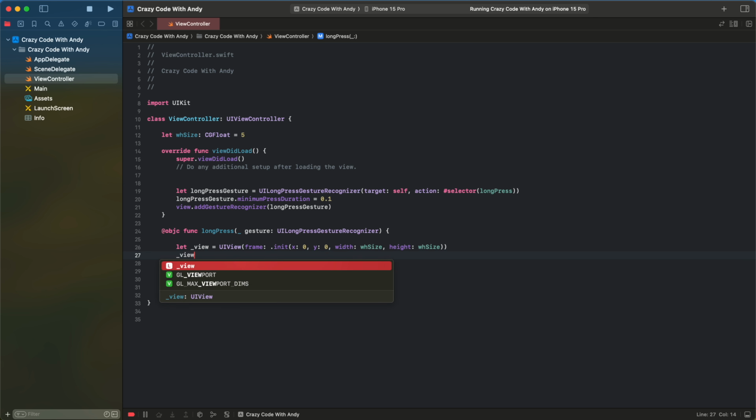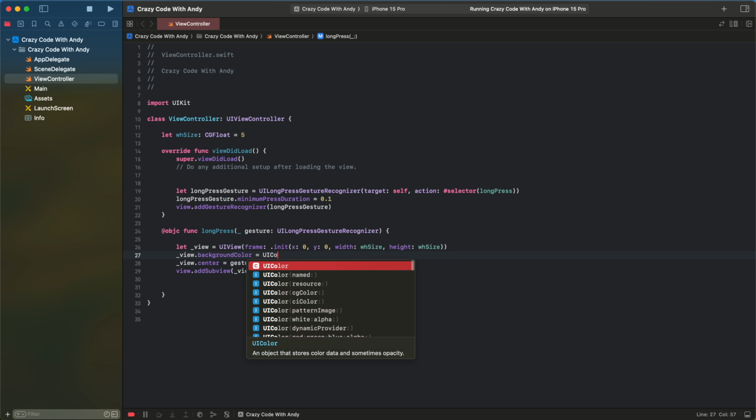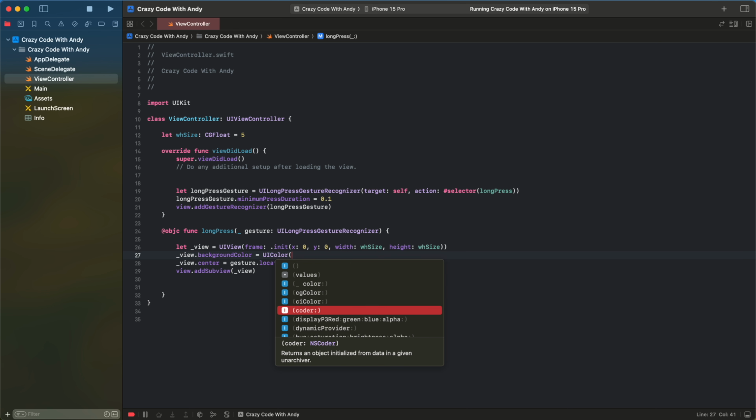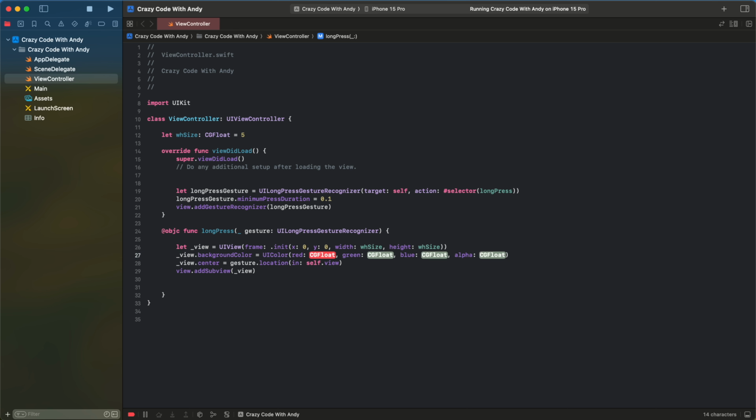We are adding view dot background color, UIColor dot RGB, using RGB color dot random, 0.02 to 1.0. This every time returns a value in the 0.0 to 1.0 range, so it's a random value. Every time it generates a random color, and run our app. So every cursor move adds